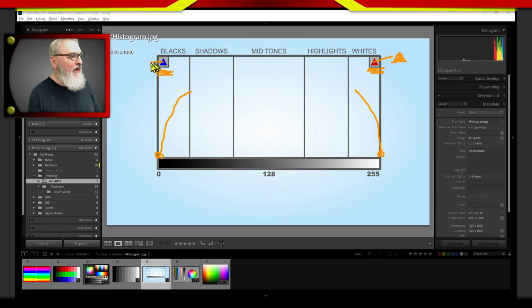And this little triangle is going to turn white, okay? I don't have white, but okay? When it's turned white, it means that, hey, I'm pretty close to those white and black points. I'm getting very close to